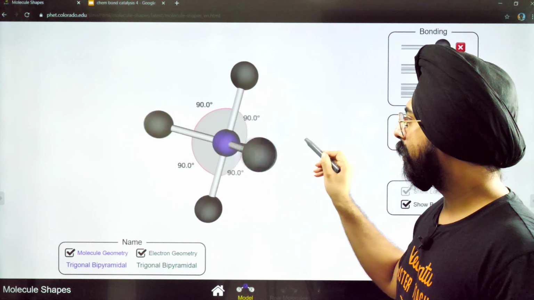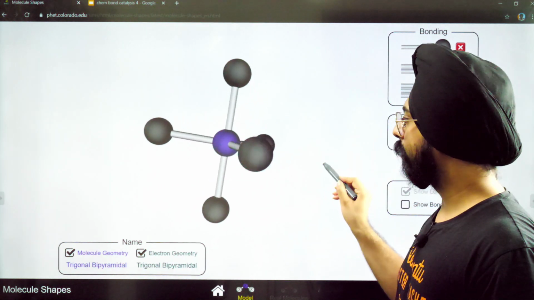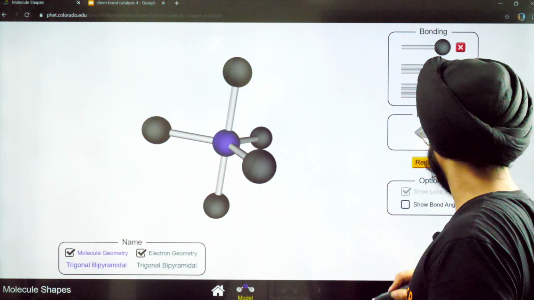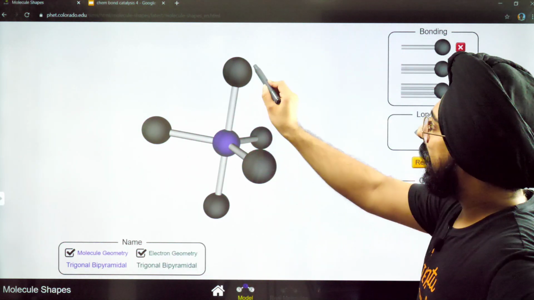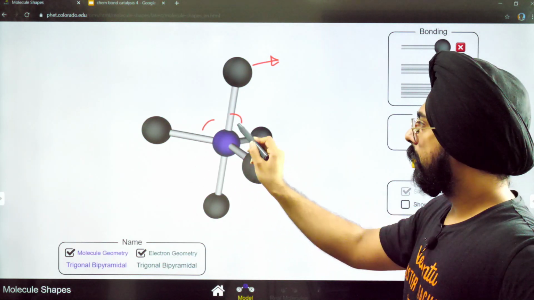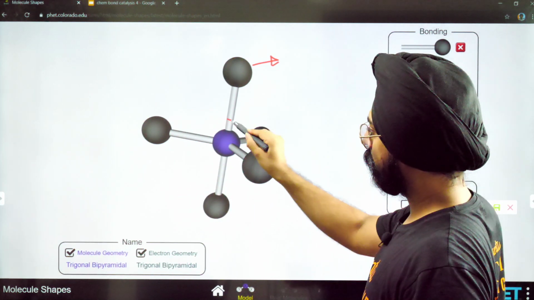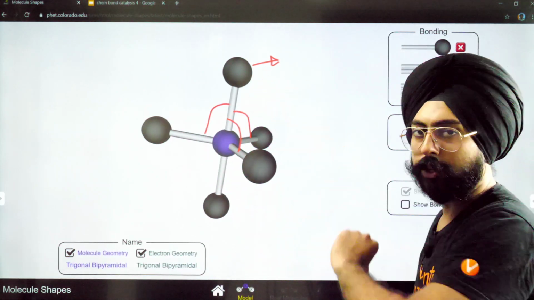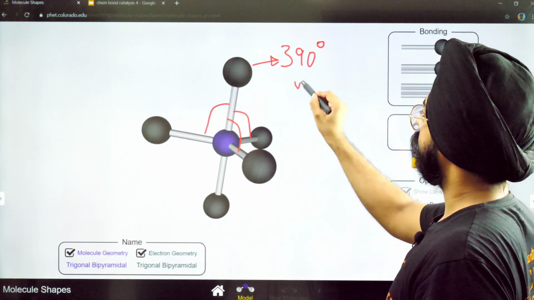Now you still must be wondering, but how does it explain the shape? I'll explain it to you, don't worry. We'll spend a good amount of time on this particular problem. Okay, so let us arrange this in this way. Let me open the pen mode once again. So my dear friends, one axial atom has three 90 degree interactions. Do you realize? It has this 90 degree interaction, this 90 degree interaction, and this 90 degree interaction. So an axial atom has three 90 degree interactions.